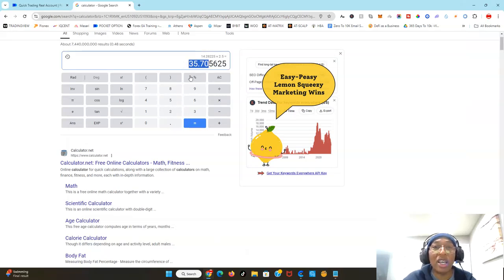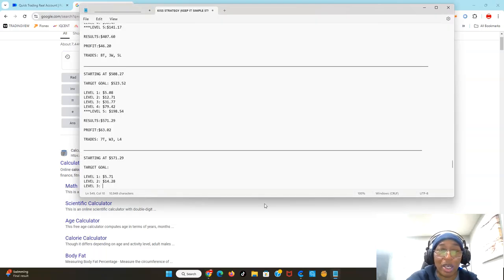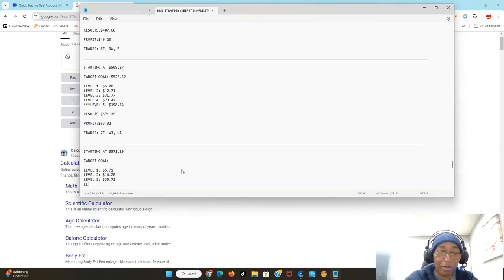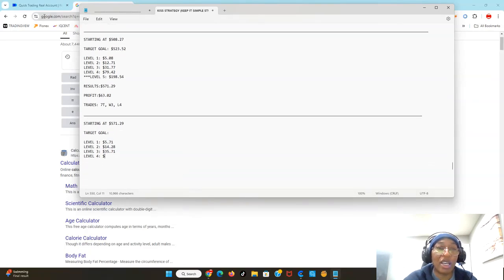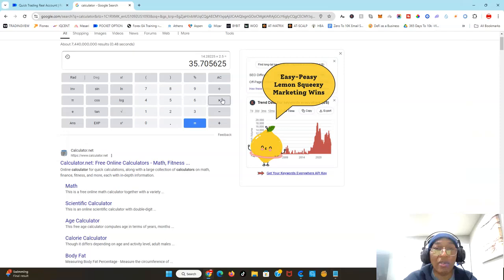Now, rounding it off to the nearest one changes because this is a 5, so it will be 35.71, guys. All right? 35.71. And then level 4. See, now these start getting crazy big. These are the scary times. If you have to go to these high levels, you are risking a big chunk of your account. So this is 89.26, okay?